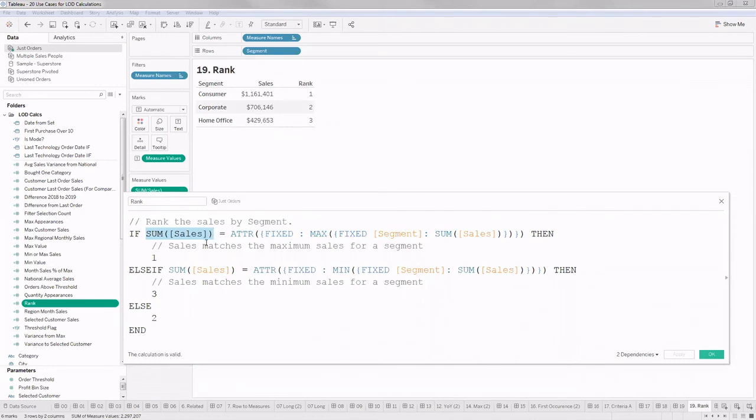If we don't specify any level, by default Tableau will do that aggregation at the level of detail of the visualization. So thereby the sum of sales represents these values. If my visualization changes, let's say I remove segment and put subcategory, then my sum of sales will work at that level.